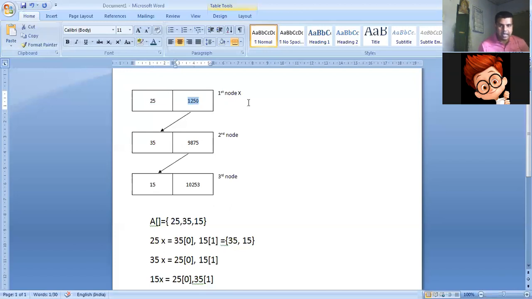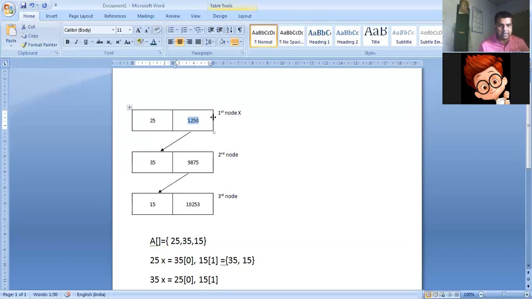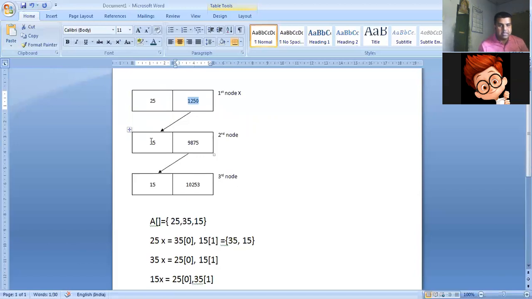And if I consider this to be my head node, what is the head node? The head node is the primary node or the topmost node of the linked list. Now after I delete it, let me just color it so that you can understand.